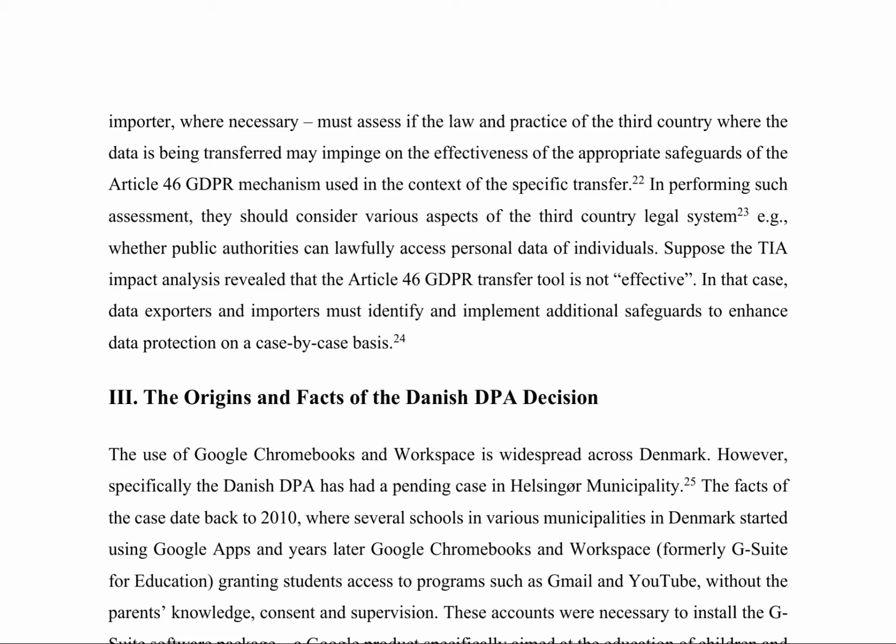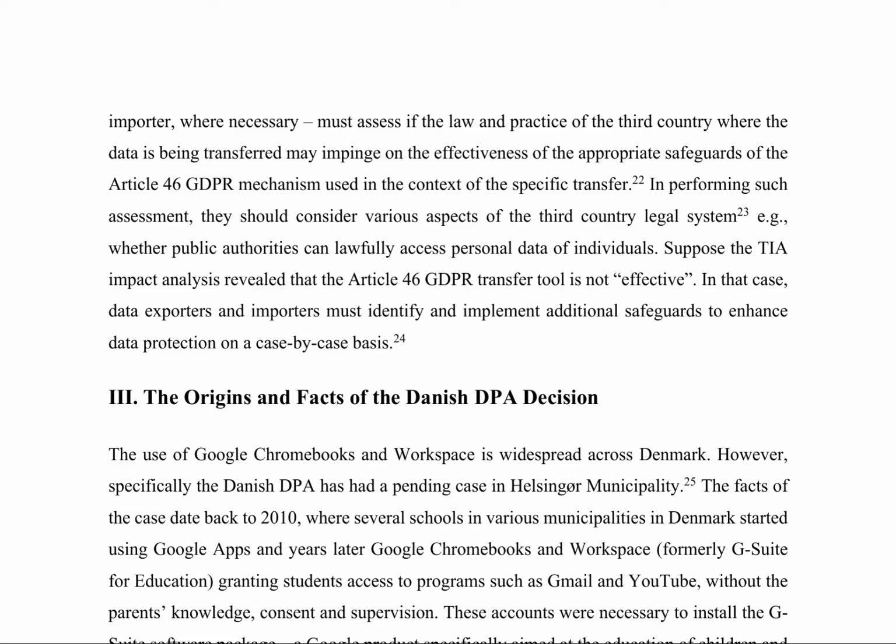The European Union's General Data Protection Regulation (GDPR) Article 46 mechanism requires data importers to assess the legal system of the third country where data is being transferred to ensure the effectiveness of appropriate safeguards. This assessment involves evaluating aspects such as public authorities' lawful access to personal data. If the transfer impact analysis reveals that the Article 46 GDPR transfer tool is not effective, data exporters and importers must implement additional safeguards on a case-by-case basis to enhance data protection. A notable example of this requirement is the Danish Data Protection Authority's